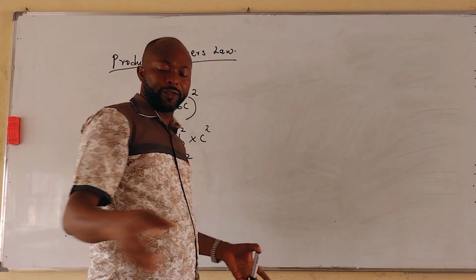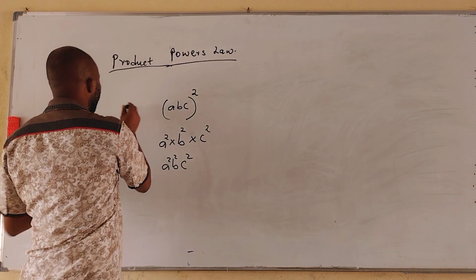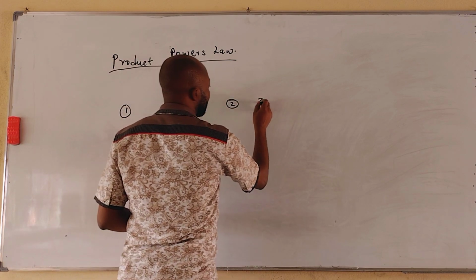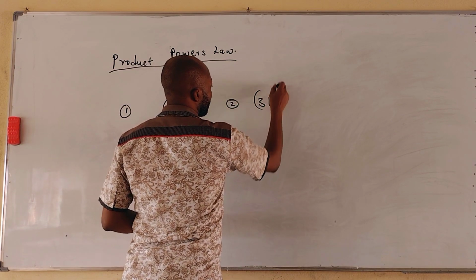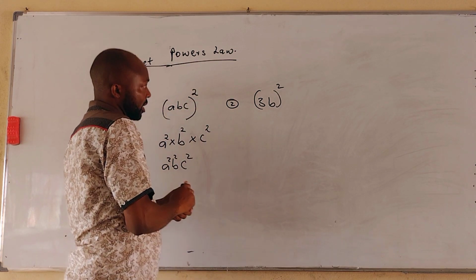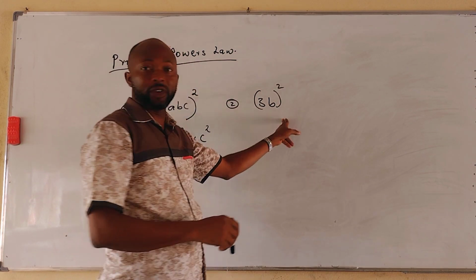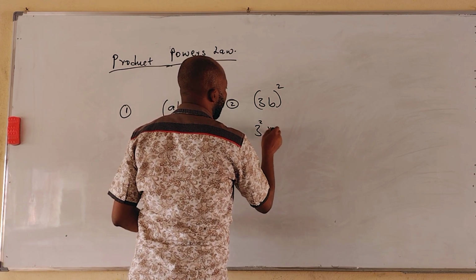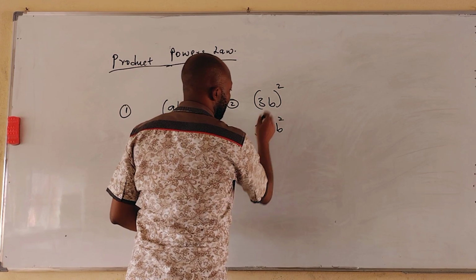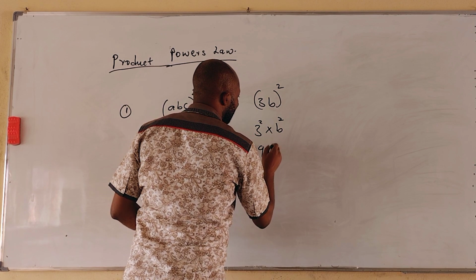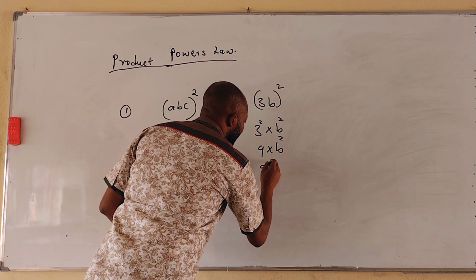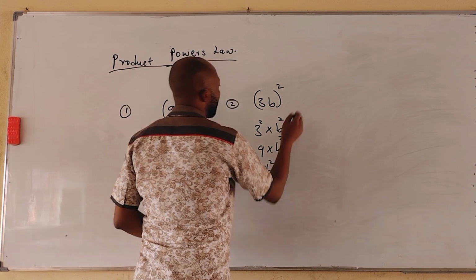So let's take another example. This is example 2. If we have something like 3B squared, the power will be distributed evenly in it. So I'll have 3 squared times B squared. 3 squared is 9, times B squared, which is the same thing as 9B squared. Another example,